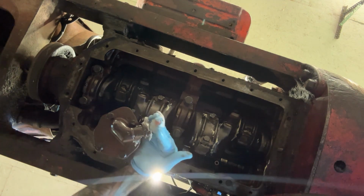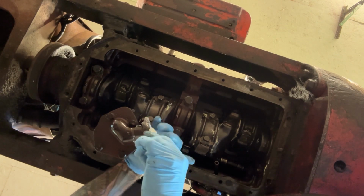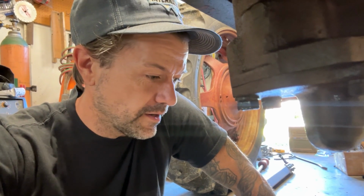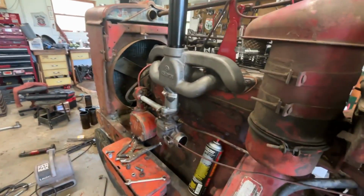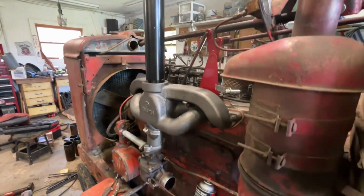I think that should be about enough. All right, that's done. Gonna put the pickup tube back on, clean it off a little bit, and put it back on and put the oil pan on. Well, got it all put together, got oil in it and everything. I still need to connect some coolant stuff, but